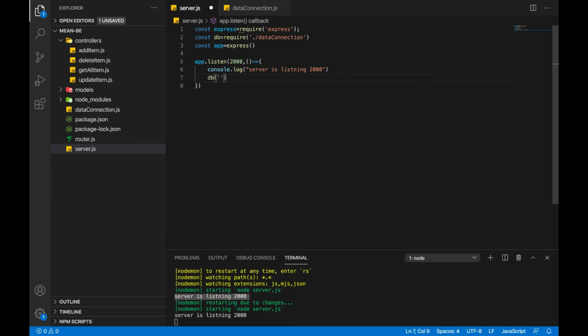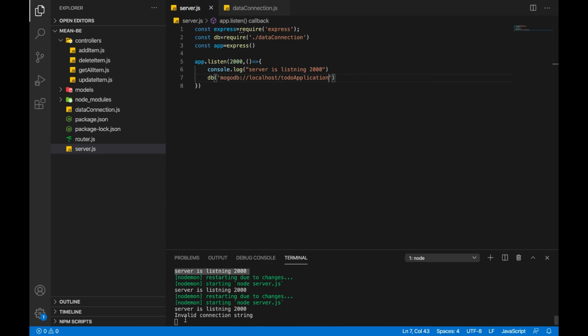So now we have to pass the database string. In our case we are using localhost, so it will be mongodb://localhost and the database name. So let's give a name to our application. Now if you run this, you can see, okay, something is wrong, invalid connection string.